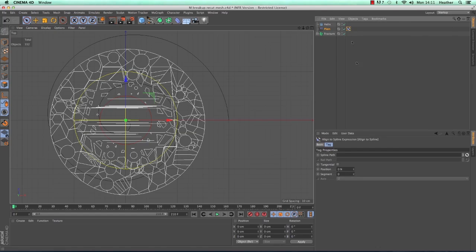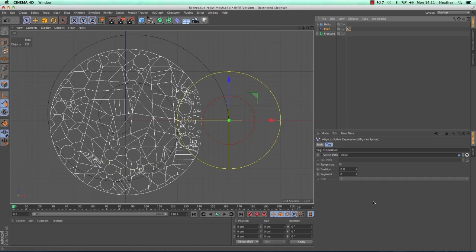When you add your align to spline tag in the attributes manager, you'll see an empty window asking you for a spline path. So in our case it's going to be the helix, so I'm going to drag that into that window. What you should see is your effector jump to the start of your spline, which is good.